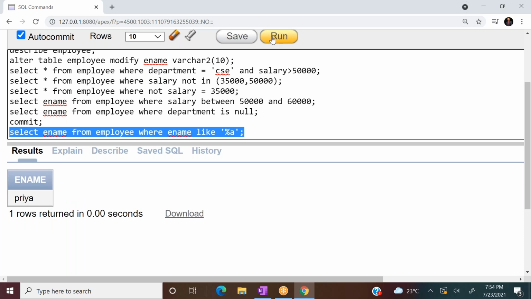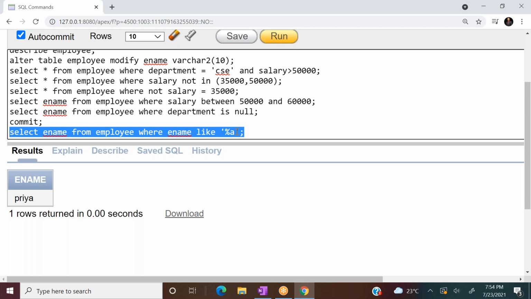Yeah, okay, that's a problem, because the data Narendra and Teja is inserted when the domain type is char of 10. Domain type char of 10 means it is a fixed length character string. That's why it is not finding the output. After modification, whatever strings I insert are taken as variable length character strings, because what is already inserted is fixed length characters as it is. In the variable length string, the last character is A for Priya. Priya is in the output.